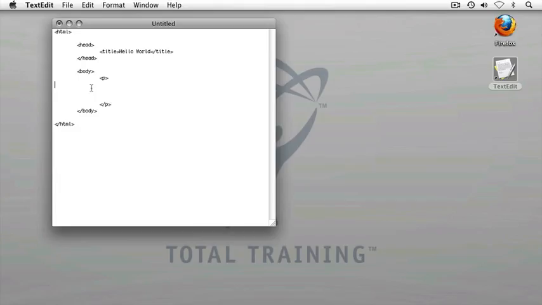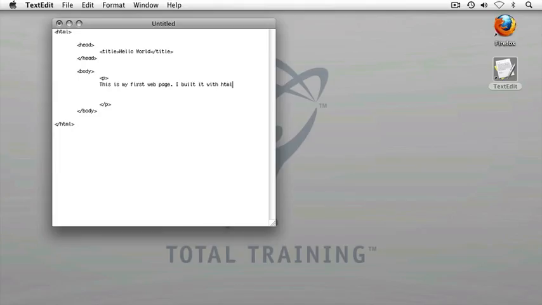Now that I've created my tags, I'll put the content that I want contained within that element into my HTML page. I'm going to type a quick sentence. This is my first web page. I built it